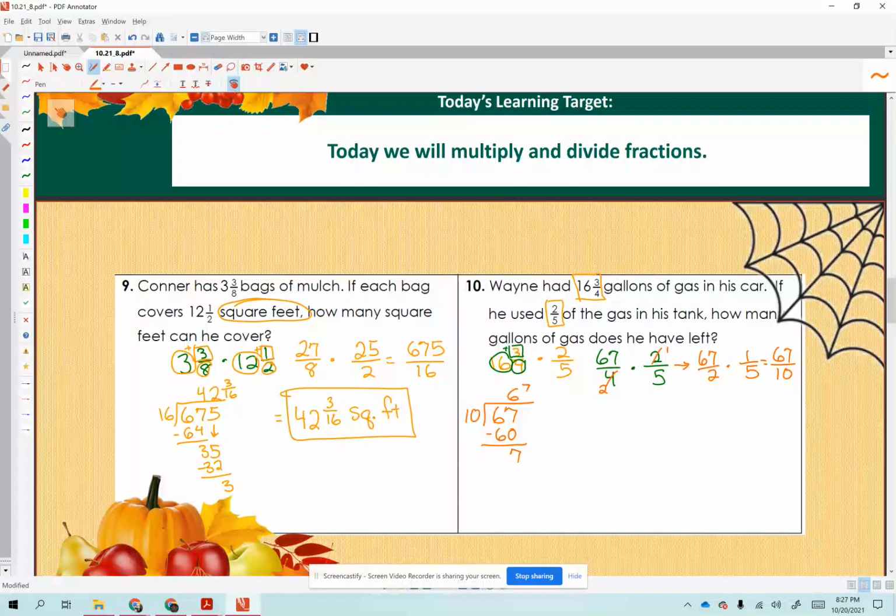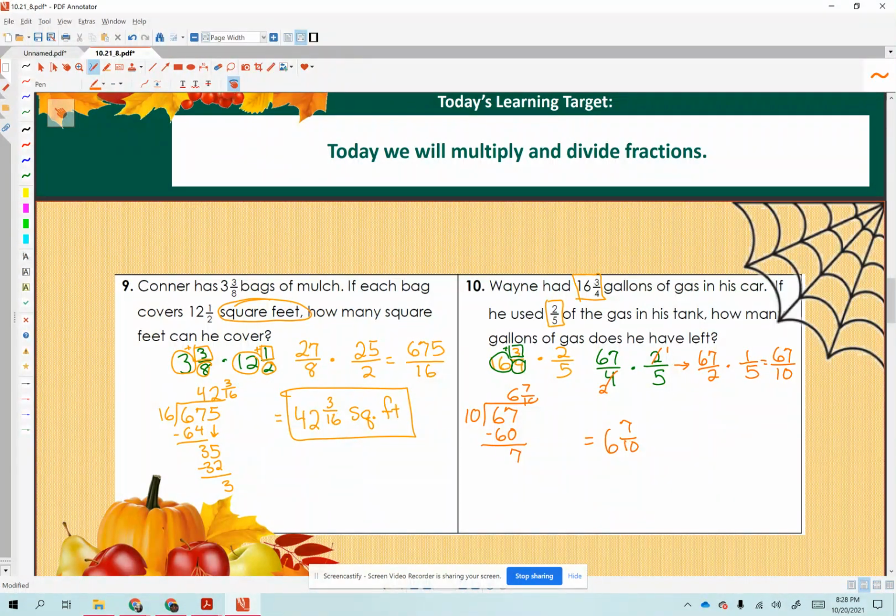So we will have 7/10 left over. So our final answer, 6 7/10. And what are we talking about? We're talking about gallons of gas. Oops, we still have one more thing to do. This is not the leftover. This is how much he used. So we have, he used 6 7/10